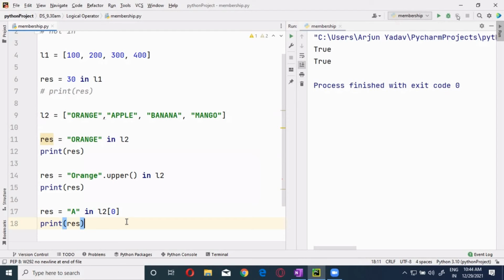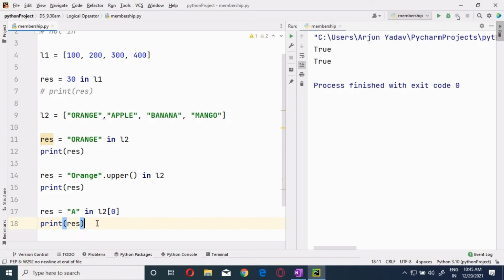Orange. In the orange, is A there? So why are you saying false? I'm not asking that. Is there A inside the orange? Yes, it is there. So it's not mandatory that each and every character should match.